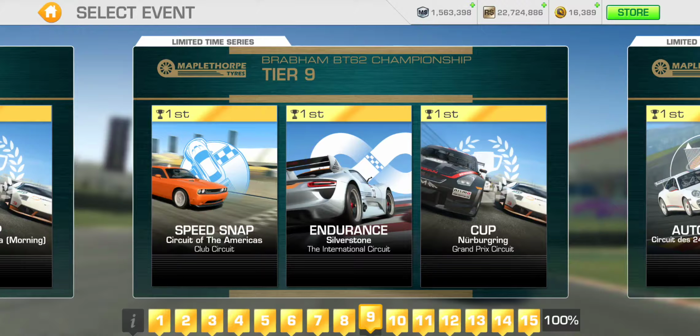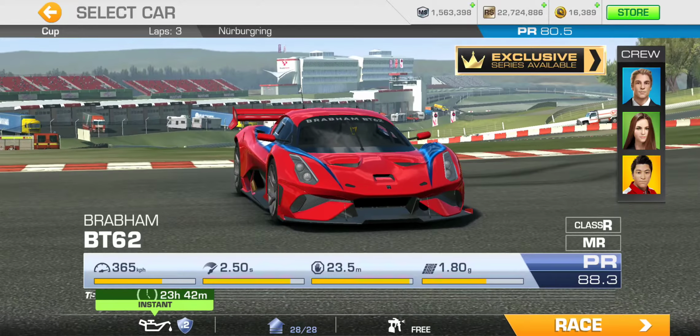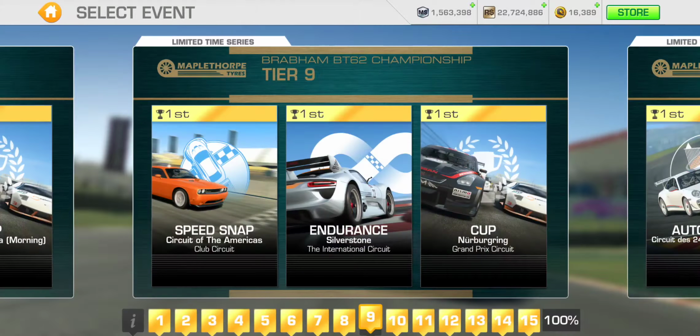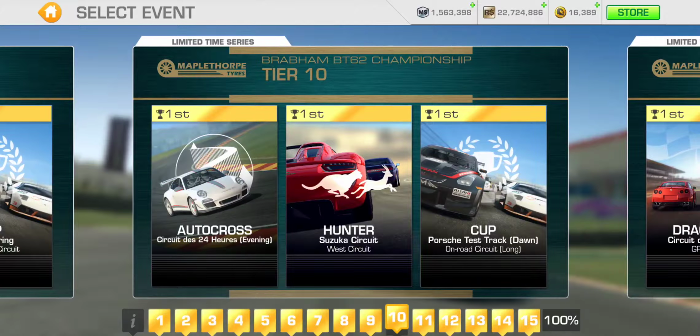All right, and Tier 9, we got Speed Snap at Circuit of the Americas Club Circuit. That's a pretty small circuit, right? Endurance at Silverstone International. All right. And the Cup is going to be at Nürburgring Grand Prix. 3 laps. All right, it's getting a bit longer. PR 80.5 is required. And Tier 10, we got Autocross at the 24-hour circuit, which takes place in the final